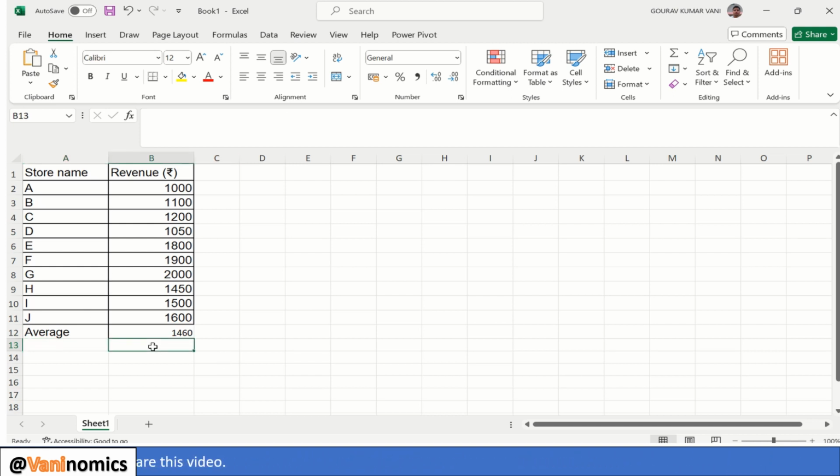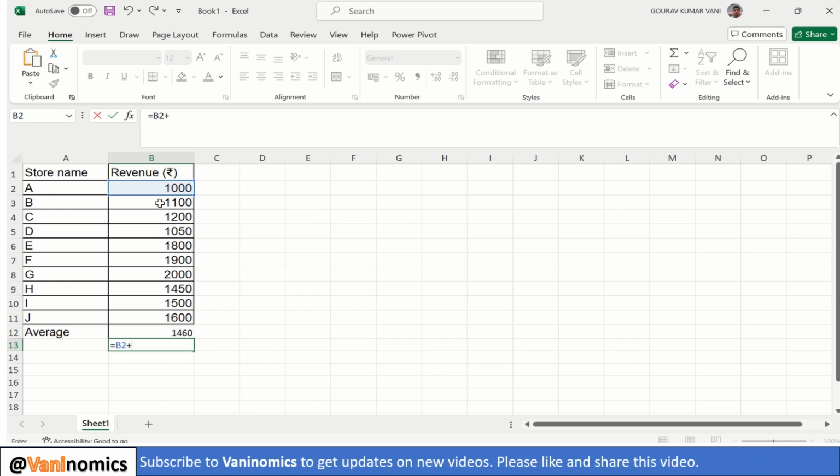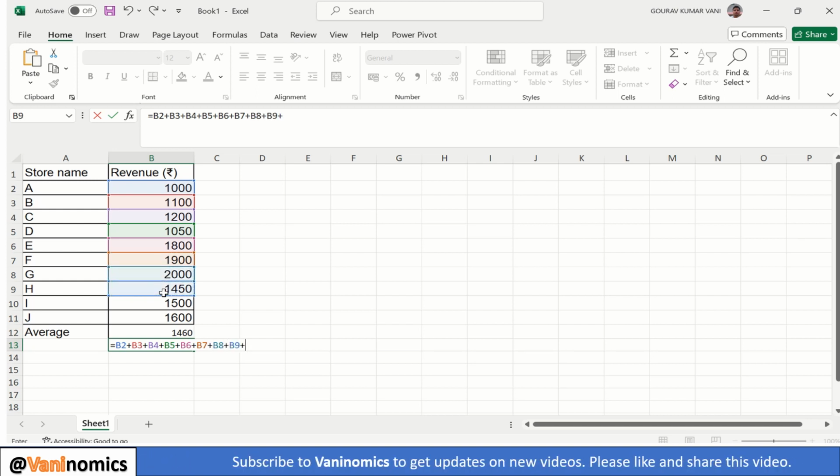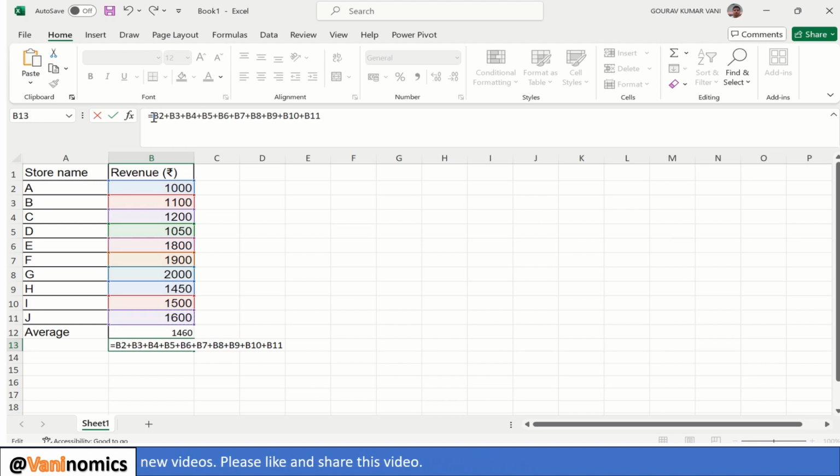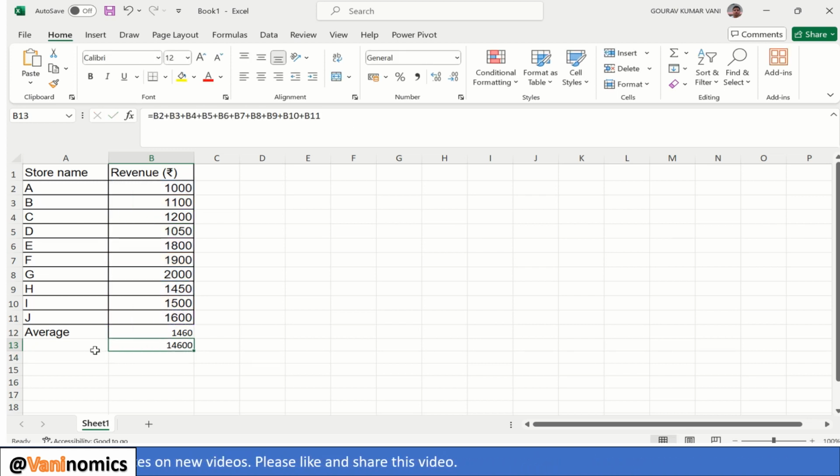In a primitive method, what you could have done is 1000 plus 1100, 1200, 1050, then 1800, 1900, 2000, 1450 plus 1500 plus 1600. All these you could have put as this is the sum